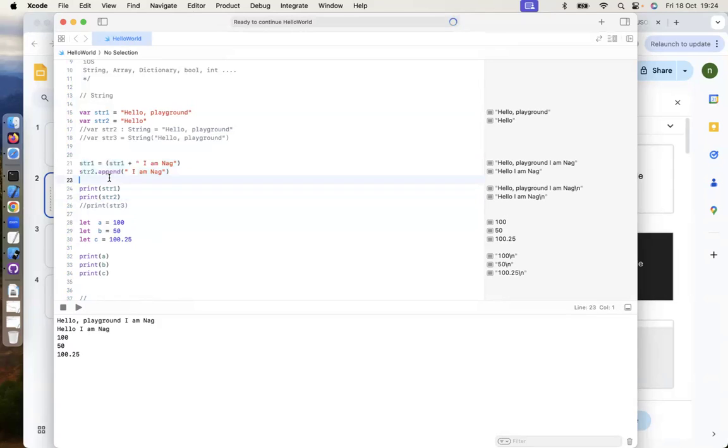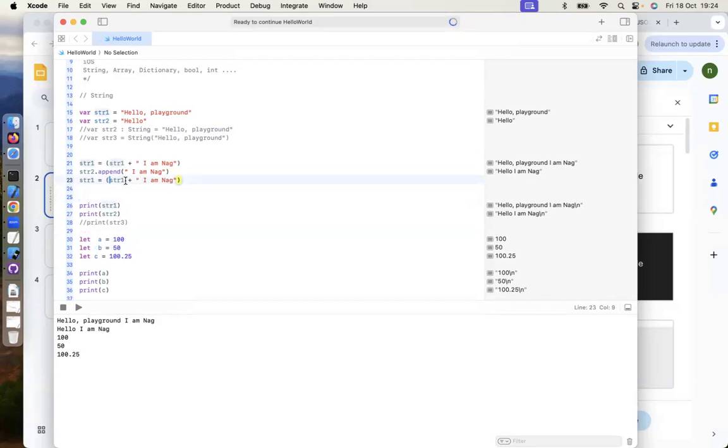In which scenario, if you want to append in a list of strings, that time you can use it. Or sometimes if you want to modify the existing value, we can easily write the syntax like this. If you want to remove the complete string, you can remove it like this. So now again, I'm printing this statement. Now it will print only I am now. So based on your conditions, we need to write the syntax. Got it? So this is operators and